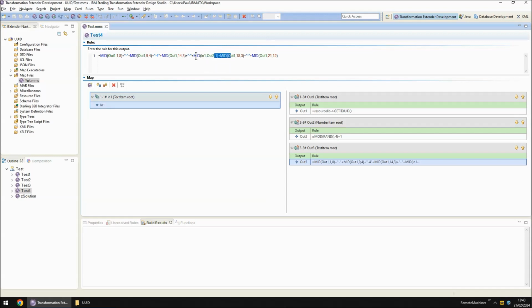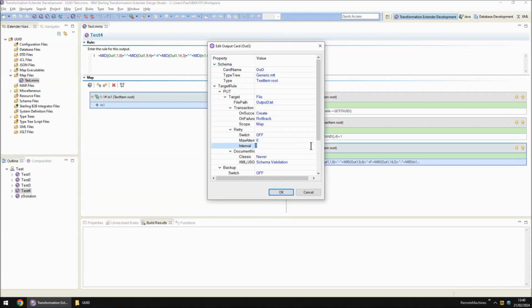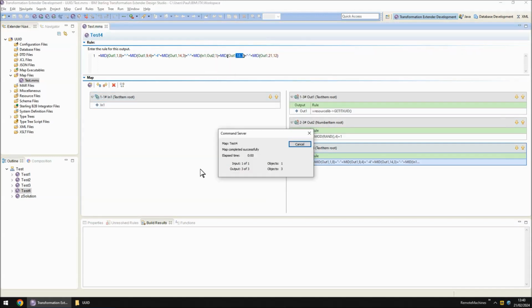There's no hyphen between these two, there's the hyphen, there's the hyphen. So this is one character, and here we are taking 3 characters from position 18. This card is now writing to output3.txt. If I run this map,